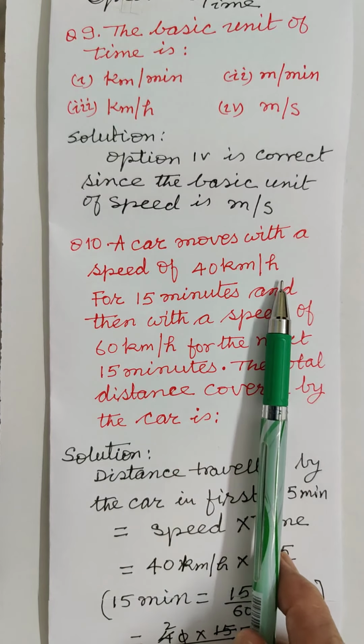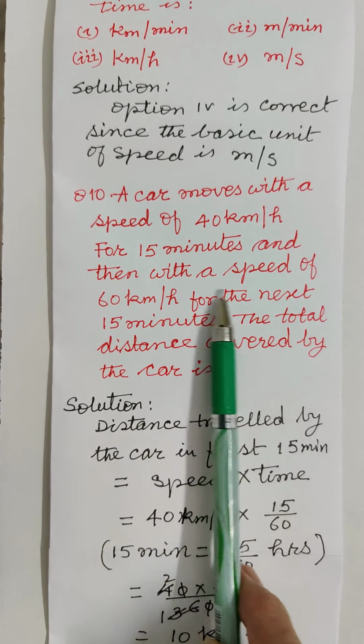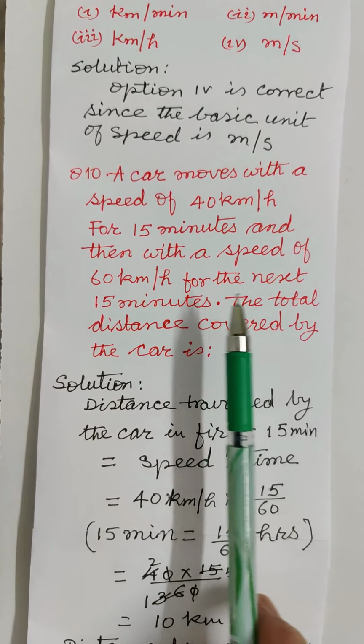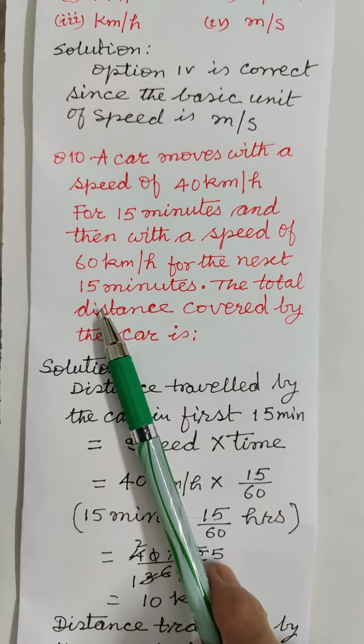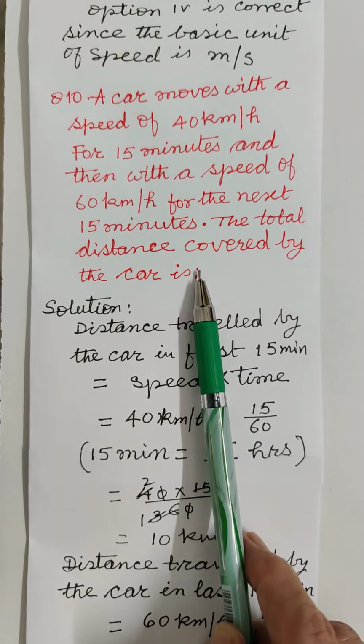A car moves with a speed of 40 km per hour for 15 minutes and then with a speed of 60 km per hour for the next 15 minutes. The total distance covered by the car is